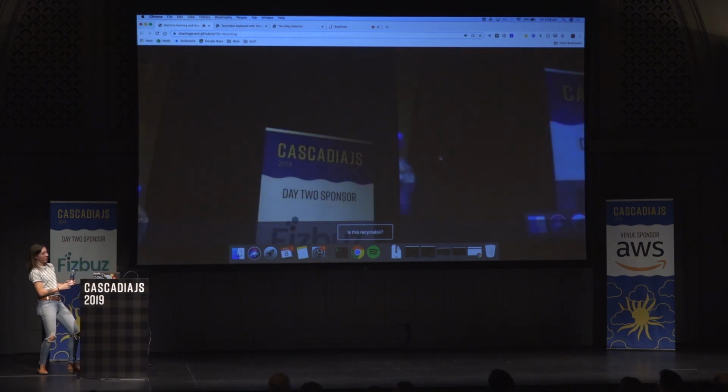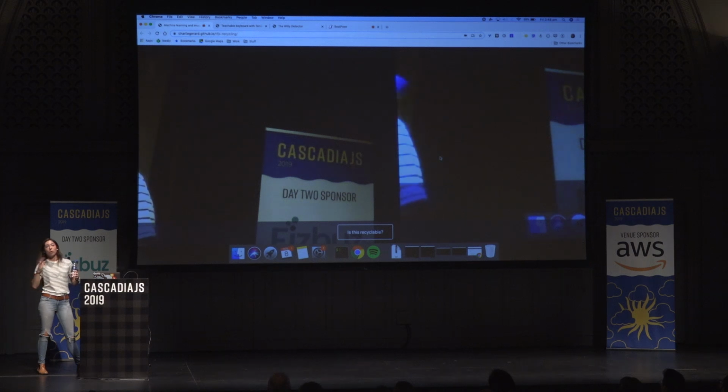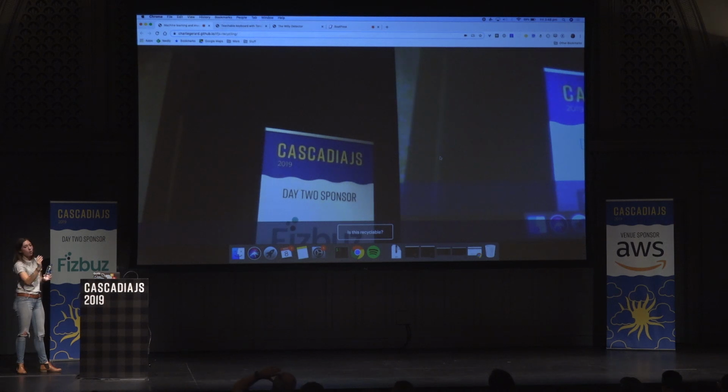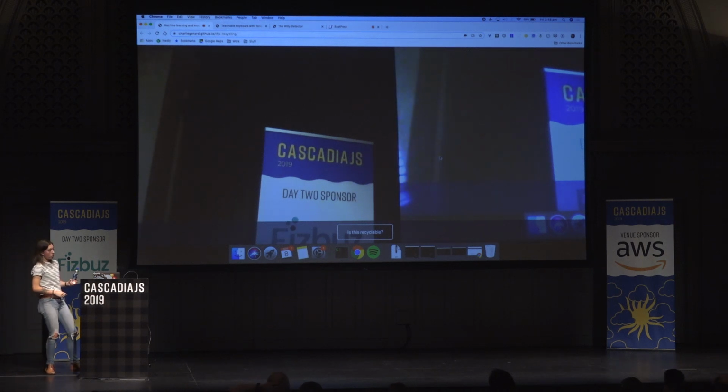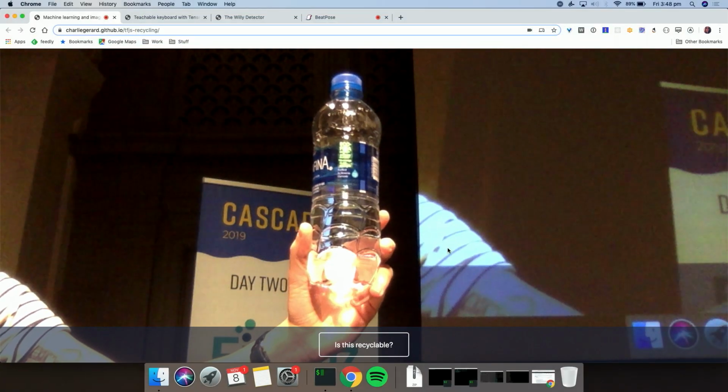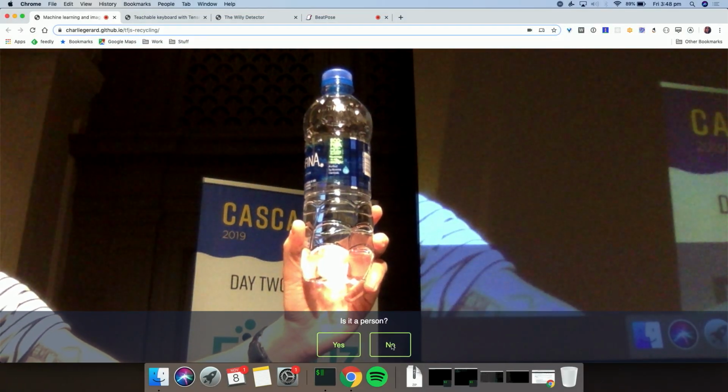All right, so it works on the phone. You're supposed to use it on your phone, so you can walk around and snap stuff. But for the purpose of the demo, I'm going to show the laptop. So I have a bottle of water, because it works well with water. And if I click on, is this recyclable? No. I mean,